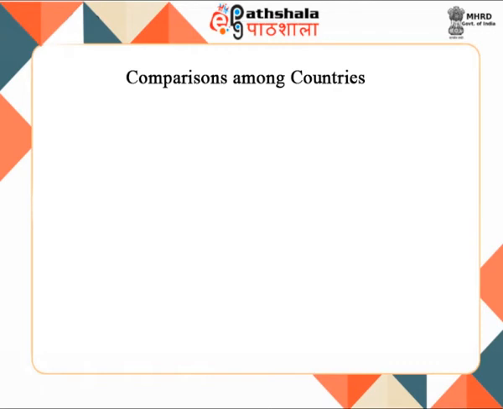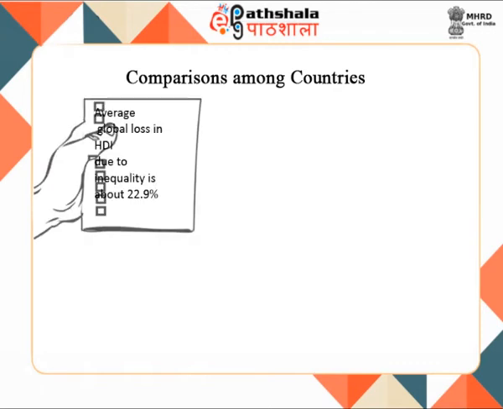Let's now compare some countries' experiences. The average global loss in HDI due to inequality is about 22.9%, ranging from 5.5% in Finland to 44% in Angola. Sub Saharan Africa suffers the largest losses due to inequality in all three dimensions, followed by South Asia and the Arab states and Latin America and the Caribbean. Sub Saharan Africa suffers the highest inequality in health,